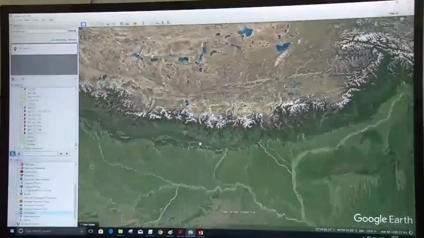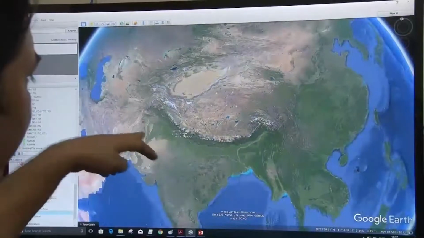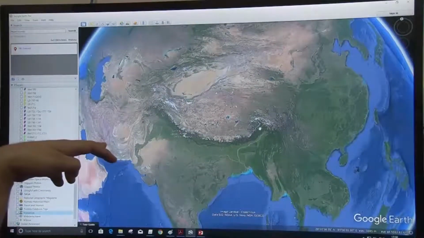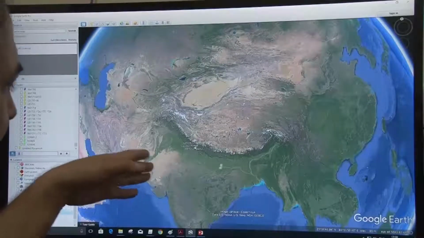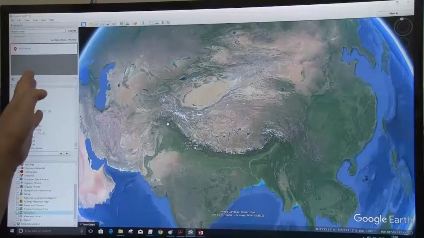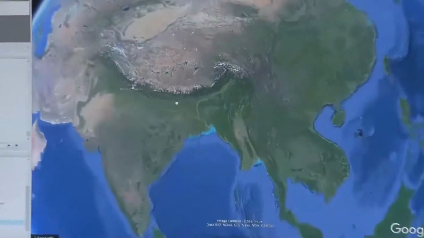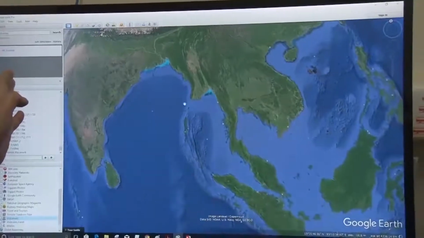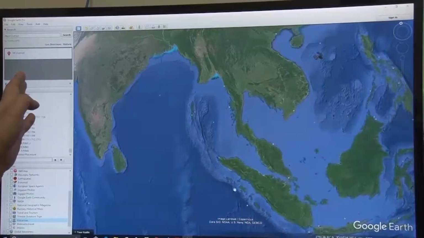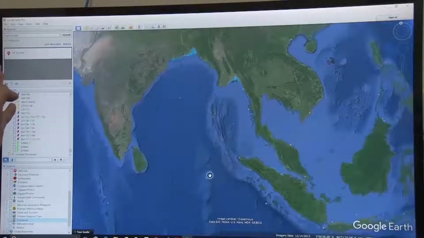Now you can also identify, like this is the plate boundary here, where the Indian plate is in collision with the Eurasian plate, okay. So this is the collision zone. It continues like this, and here this is a subduction zone between the Indian oceanic plate and the Sunda plate. Okay, so what happened